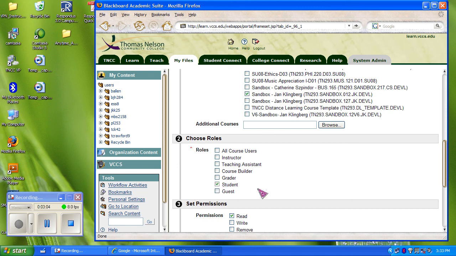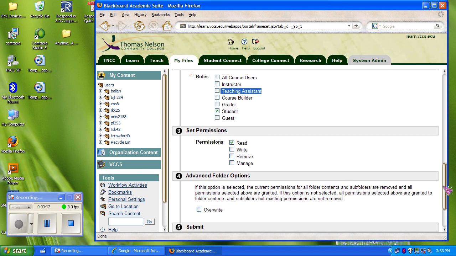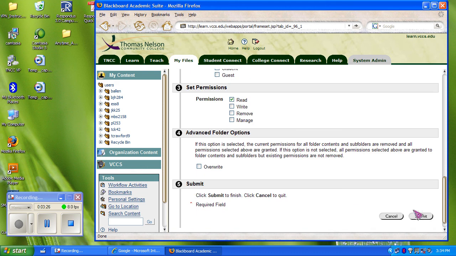And you'll need to give them a role. In this instance, they would be the role of student. And then you also need to assign what permissions they will have. And in this particular instance, we don't want them to write or remove or manage the information, but just read the information. So that's why read here is checked. So now that we've made those selections, come down and click your submit button,